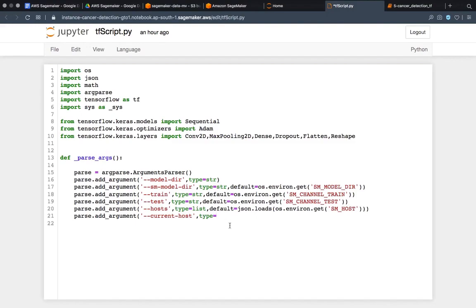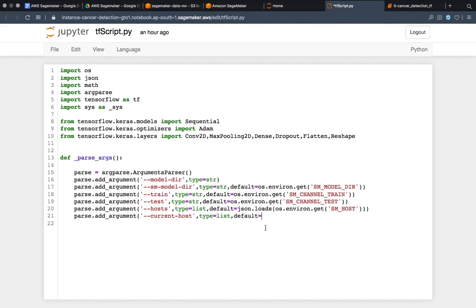Okay, so at that time this thing is very important. Okay. Then again, it will take a list, and then again, the default will be